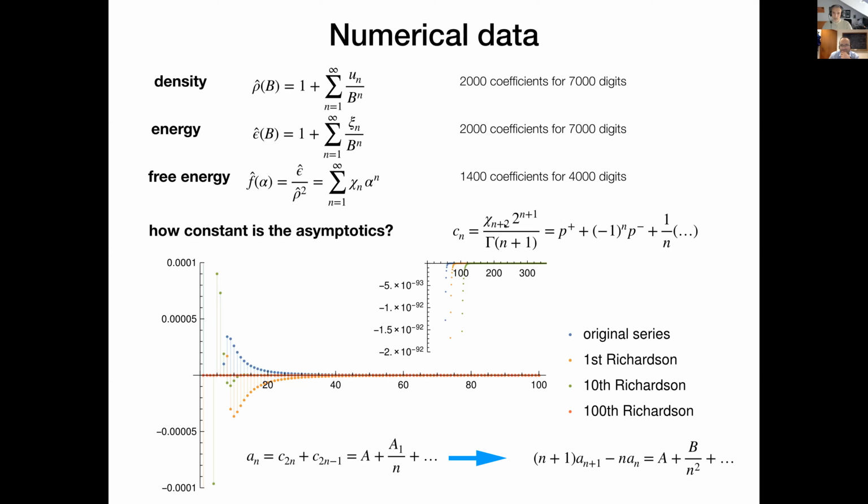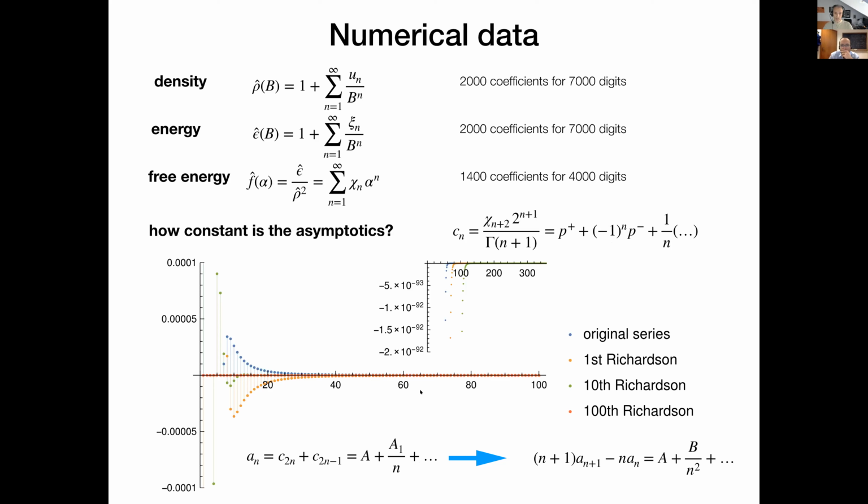We realized that if we make this combination, for example, I will explain for chi, so if it grows like n factorial, and you divide by n factorial and multiply with 2 to the n plus 1, it will have a constant asymptotics. Actually, this asymptotics has two pieces, a constant and an alternating part. So you can switch to another series, the even and the odd part. Here, what I'm showing at the bottom, the even part has a constant asymptotics plus a 1 over n correction and so on.